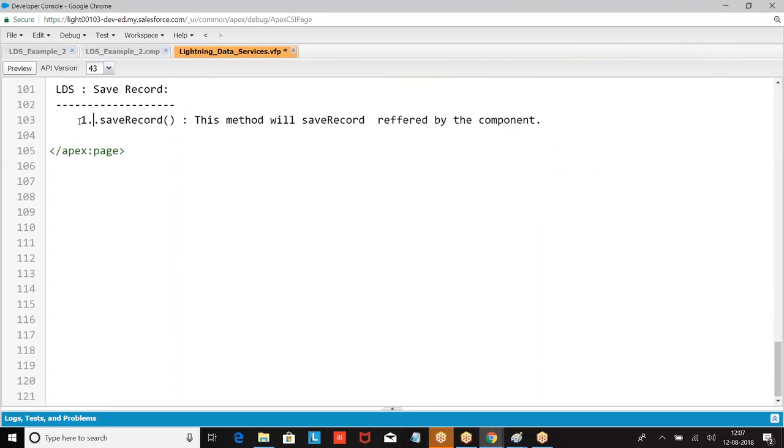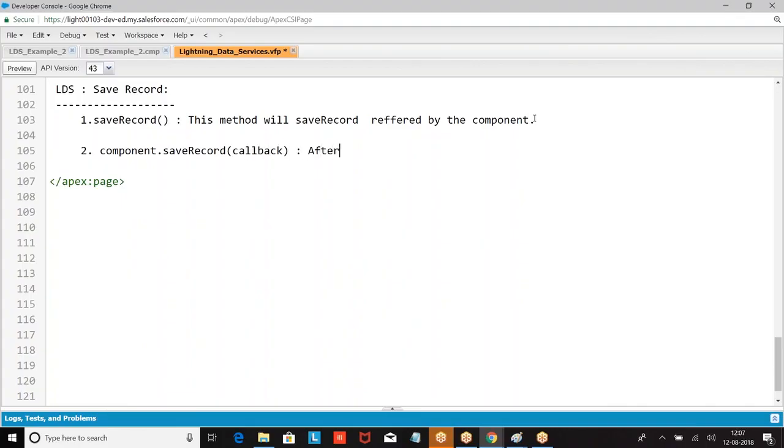When you are going for the syntax, first we are supposed to understand a few parameters. Try to understand. Here we are going to have component dot save. After saving the record, the callback action will be called.